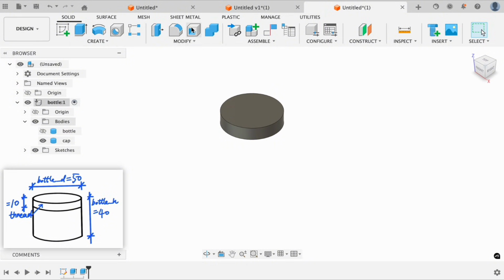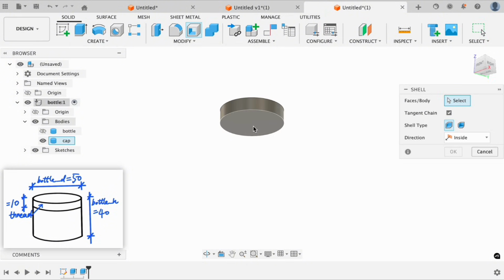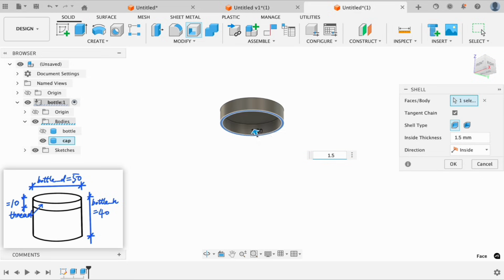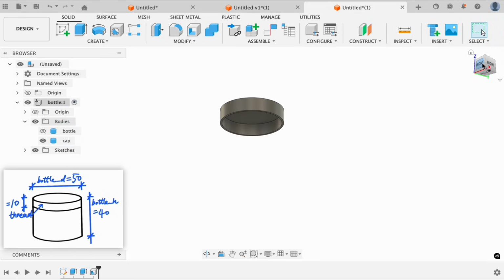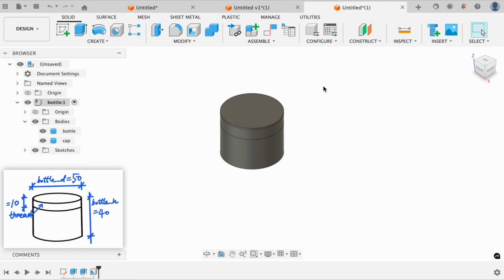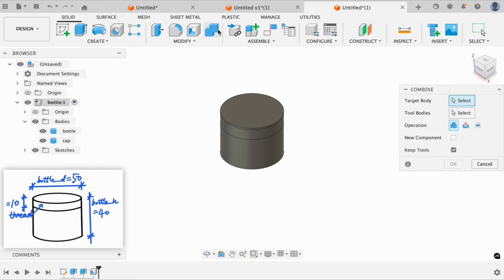Click the shell tool under the Modify panel and select the bottom of the cap. Enter 1.5 millimeters and the basic cap is done. Now, let's turn the bottle back on and deal with the bottle. Select the Combine tool under the Modify panel, select the bottle as the target body and the cap as the tool body. Set the operation to cut, and make sure to check Keep Tools, as we don't want to lose